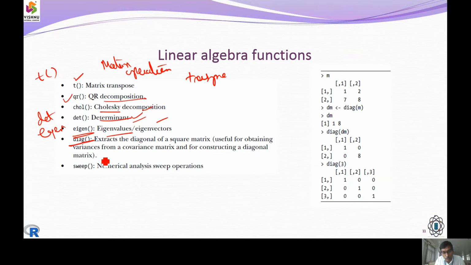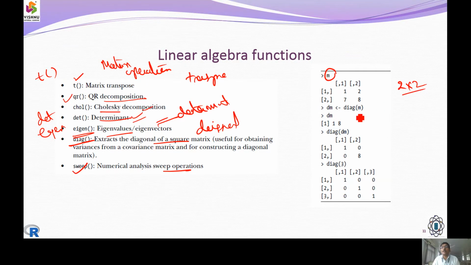And if I want to print only the diagonal elements, then we can use the diagonal reserved word. And to work with the sweep operation in numerical analysis, we do it with sweep. Now let us check the matrix called M, which has 2 by 2 number of rows and columns.